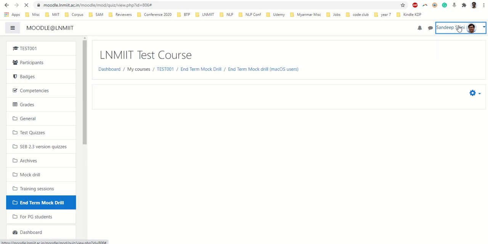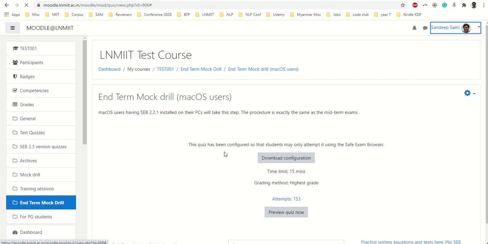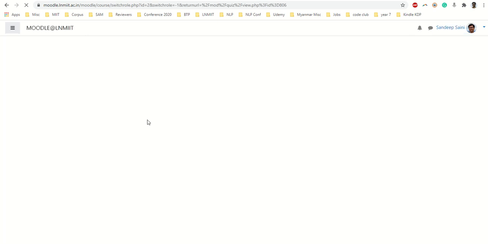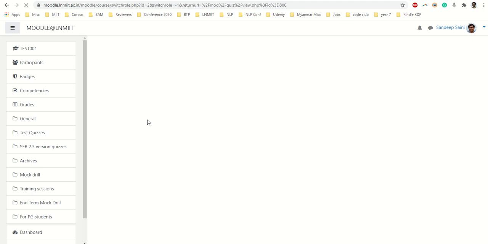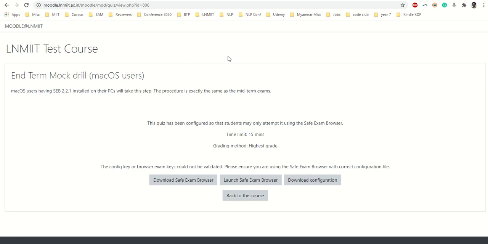So when you open this quiz in a normal browser, you are going to see the option that it is configured to use Safe Exam Browser. Just a moment, the internet is a little slow. And I will show you the student view. So Windows users need the SEB file. Mac OS users, they don't need it. Okay, Mac OS user, so this is the view.